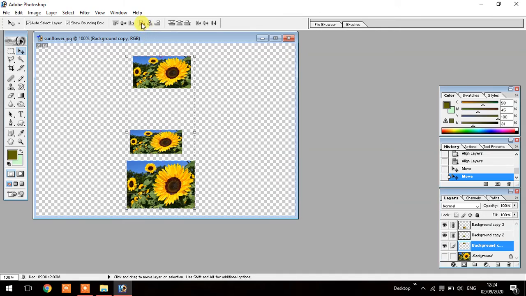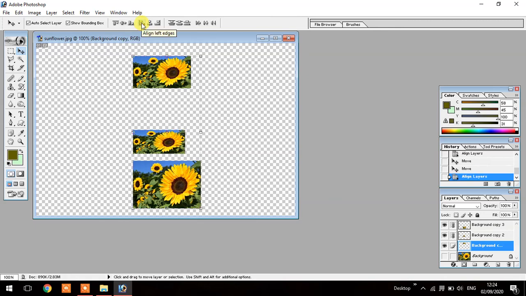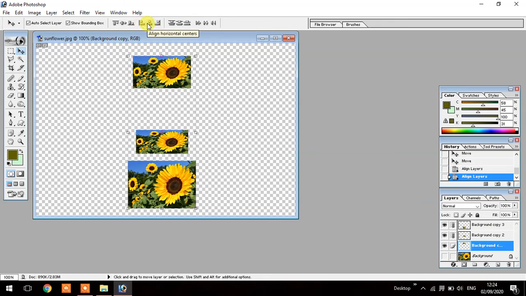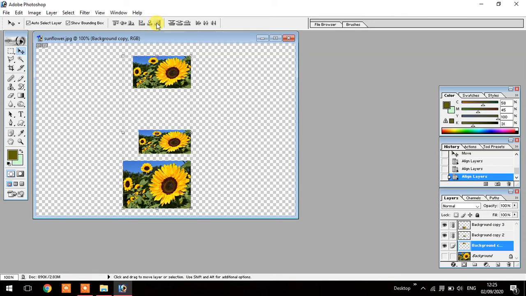Now again click here, this is for aligning from the left side. This is used for center alignment, and this is used for right alignment. That means you can align your images as per your requirement.